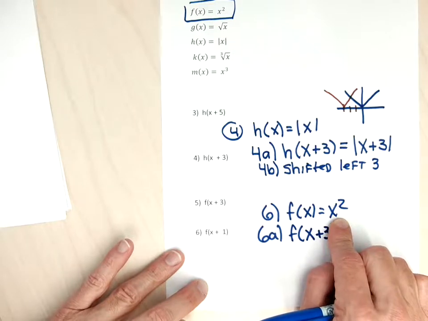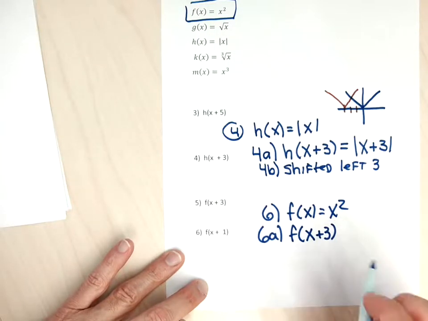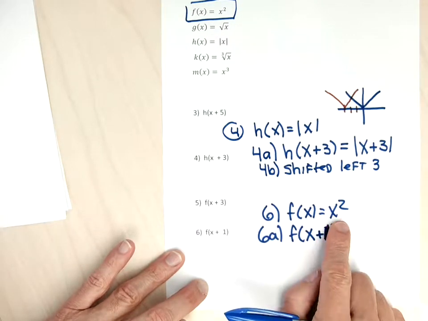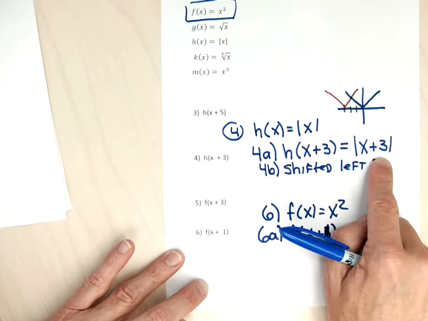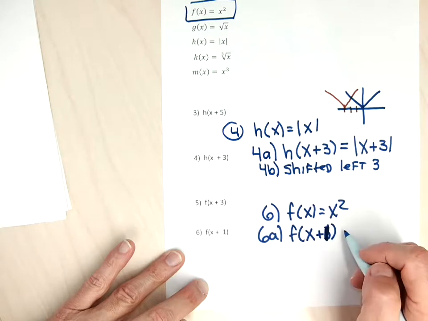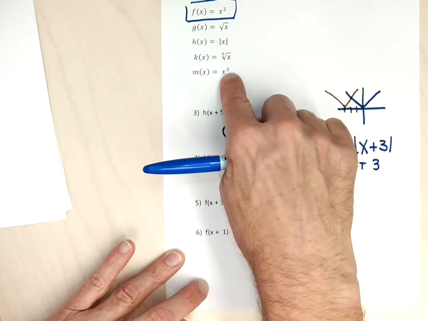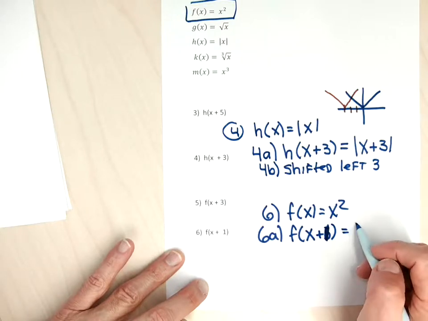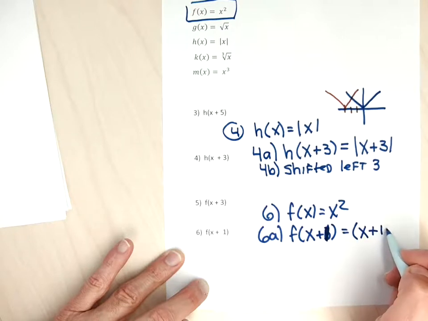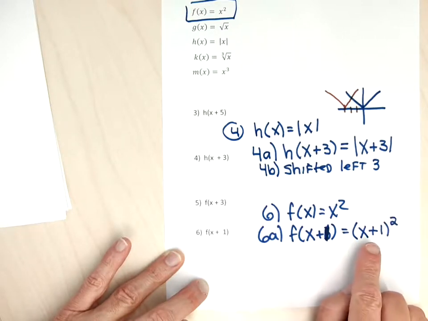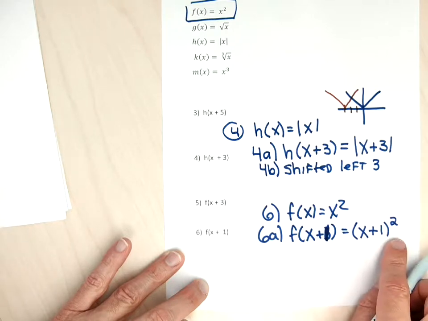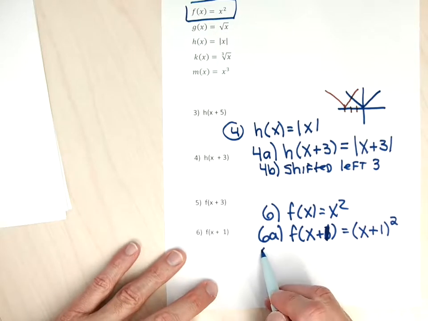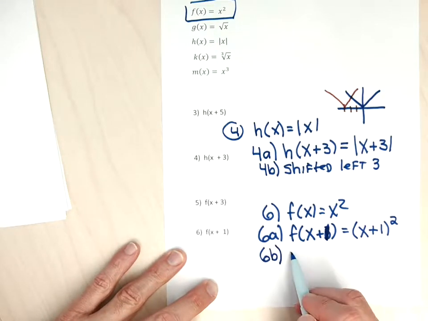In the last few problems, I didn't take the time. Whoops, 6 is absolute value of x plus 1. I'm sorry. In the last few problems, I didn't need to put a parentheses when I did this change because the absolute value worked like a parentheses. For the x squared and the x cubed function, when you're asked to find f of x plus some number, if that plus some number is in a parentheses, when you create the answer to part A, you need to introduce that parentheses. It would be wrong to write this without a parentheses because the squared applies to both the x and the 1. I'll go ahead and predict my answer to part B, and I'll show you on my calculator